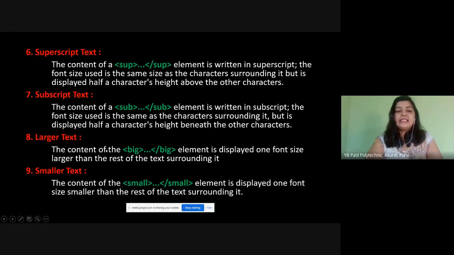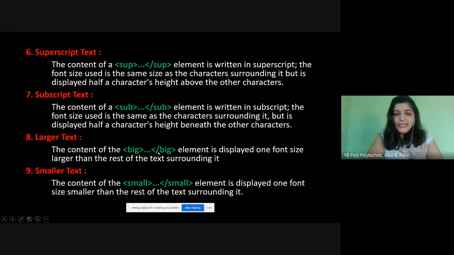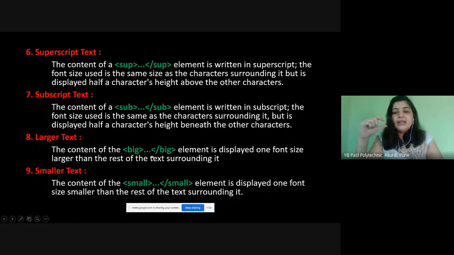Next one is larger text. Suppose I am writing a document and I have to display a particular word in a bigger font size than the other text surrounding it. Then I will use the larger tag, that is big and end of big. Whatever you write inside the big tag will be displayed a little bit larger than other text.